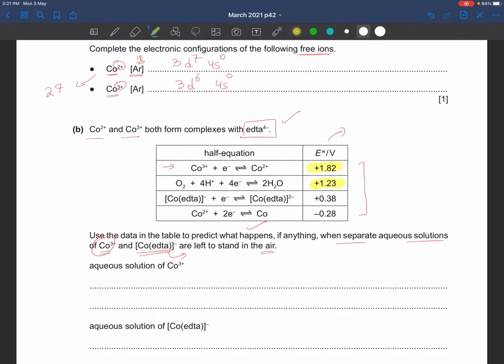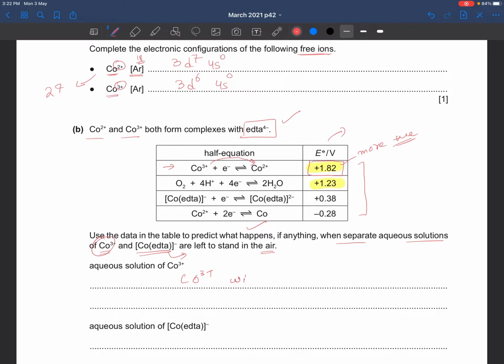So that means if cobalt +3 is left to stand in air, it will react with the oxygen present in air, and it will be reduced because the E0 value for Co3+ to Co2+ is greater, more positive. So we can say that the reaction would occur, and what would happen is Co3+